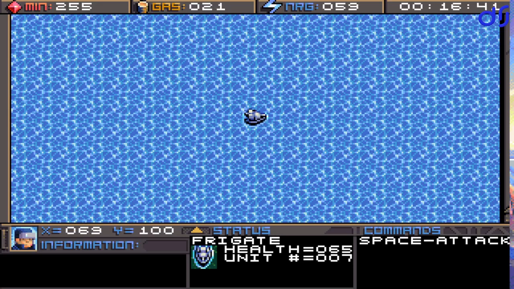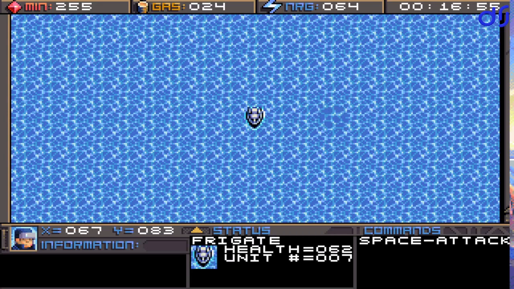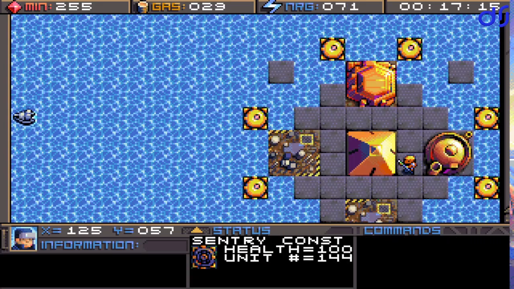So the enemy base was at about 130.56. So my Y position is all wrong. It's pretty hard to target moving targets. About here, I think. And it was at about 130. There it is. Okay. So if I can enter browse mode, select this, and let's put it on...